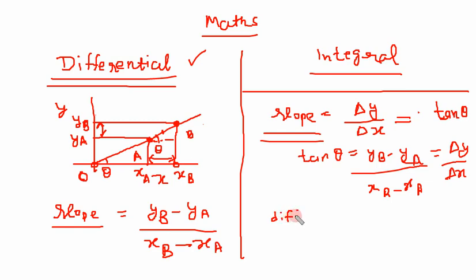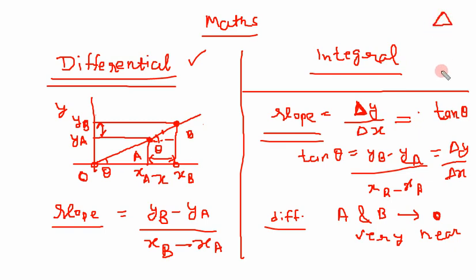Difference between points a and b tends to 0. That means both are very near, very very near. In that case what we do is we simply change this delta symbol. This is called delta, a triangle kind of structure. So what do we change? We change this delta with